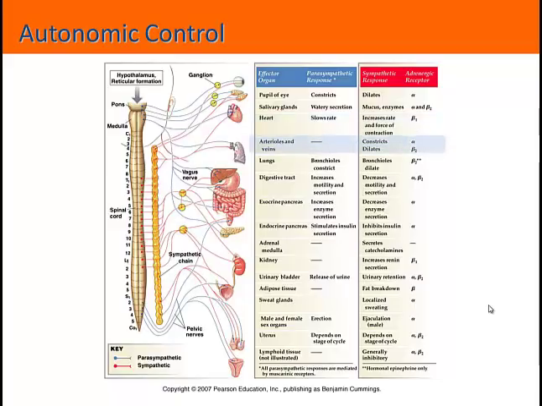Another example here is what happens in the blood vessels, so the arterioles and the veins. Now these vessels have smooth muscle in their walls, and you can get contraction or relaxation in those muscles so as to constrict or dilate that vessel, so change the diameter of it. You notice here that those blood vessels are under only sympathetic control. Now, to cause constriction, you have sympathetic activity, the chemicals released by those nerves affect an alpha receptor, or the alpha adrenergic receptor to be more specific. If those same chemicals bind to a beta receptor, there is the potential for dilation.